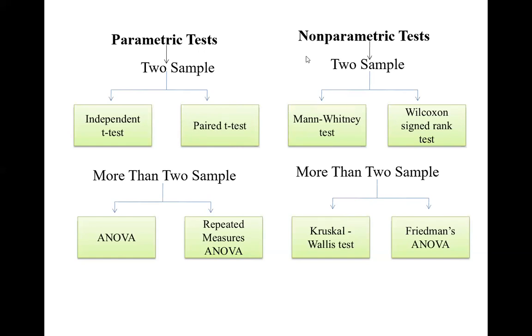Now the third test is the more than 2 sample test. What does it mean, more than 2 sample? It means we divide our group into more than 2 mutually exclusive groups. So y is the dependent variable, and x is the independent variable. Here I am creating 3 levels, or 3 categories. In this case we use analysis of variance.